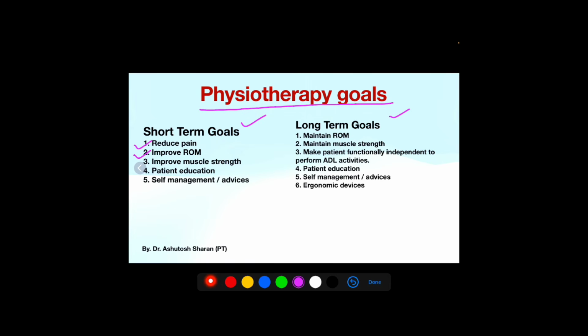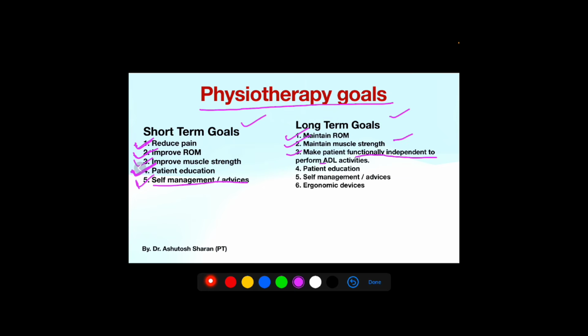So in this case scenario, short term goal includes reduce pain, improve range of motion, improve muscle strength, improve patient education, not improve but create some sort of patient education, tell them about their condition, symptoms and everything. Okay. Self management, and advices. For the long term goal, it includes maintaining that range of motion, maintaining that muscle strength,